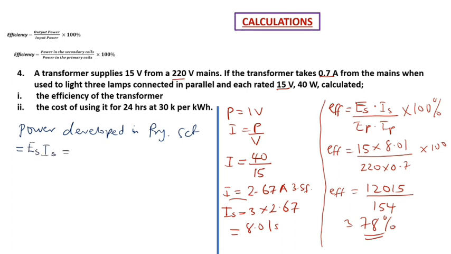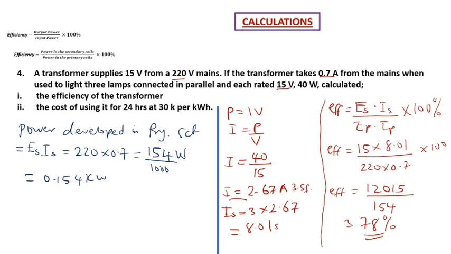So that will be 220 times 0.7, and from our previous calculation, that's going to give us 154 watts. Okay, so that's the power calculated, 154 watts. Then to convert this to kilowatts, we divide it by 1000. So I'm going to divide it by 1000, and that's going to give me 0.154